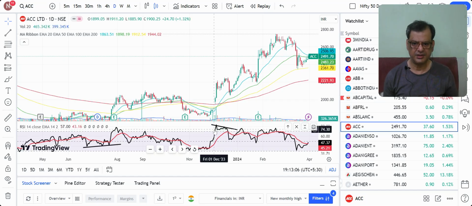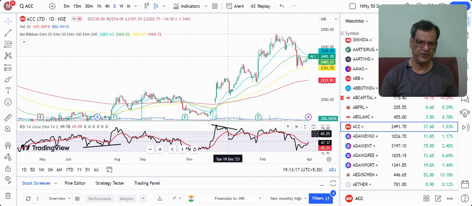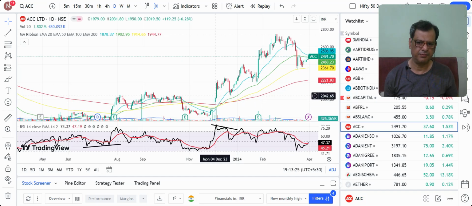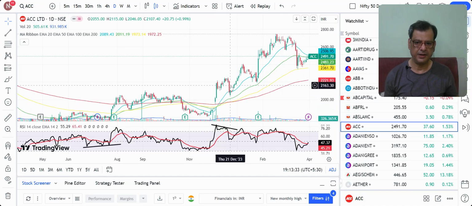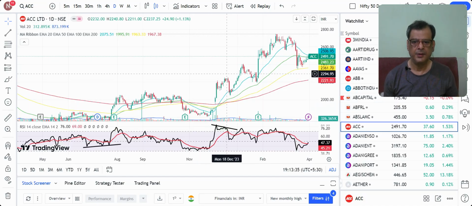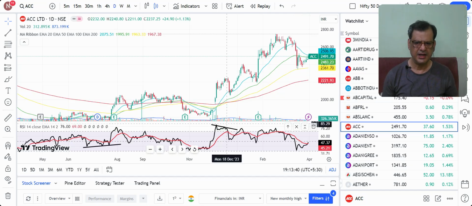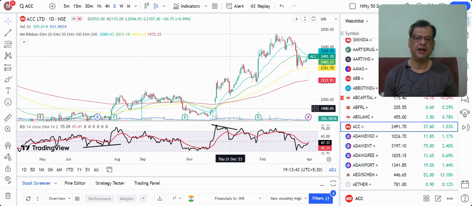Here also it is basically hanging around in the overbought zone, but still it is above 50 and it has not come down. When it starts to come down, obviously you are looking at the charts also, you see that it has come down. So obviously you will take corrective action because you're in a long position, you bought it somewhere here, wherever based on your strategy. When you see the price coming down, first look at the chart, then look at all the other parameters that you need to, and then take a decision. RSI will just help you. RSI is sort of like